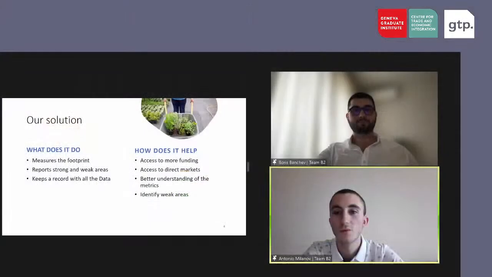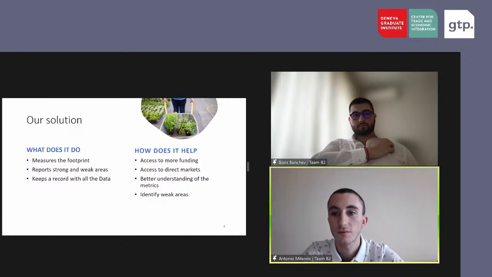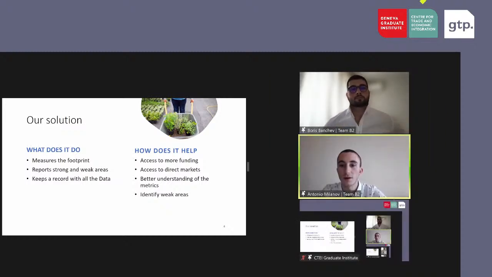Okay, so the small producers need an application that helps them manage those issues. Of course, this has to be done in a cost-efficient way, which we believe is very important for the small producers. So what we came up with was an application that measures the farmer's footprint and tells them about their strong and weak areas.